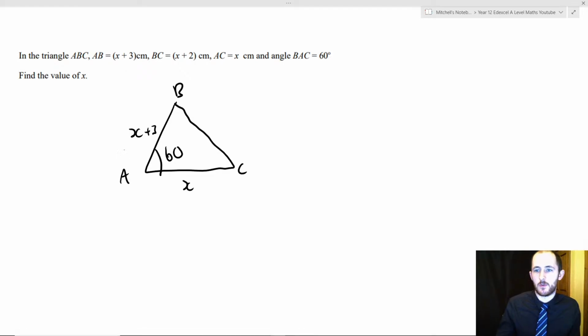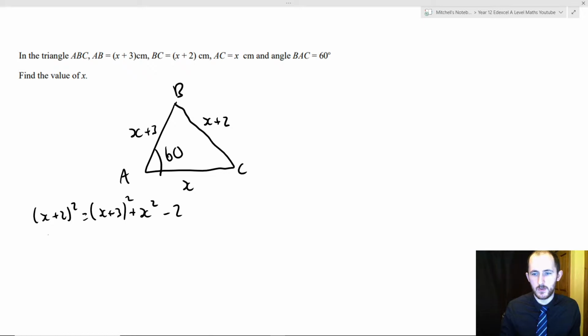Oh, I actually forgot one of the other sides. All you need to do is use the cosine rule. Easy, right? So the cosine rule says that the opposite side squared, so let's do that. (x + 2) squared will equal the other side, so in this case (x + 3) squared plus x squared minus 2 times x times (x + 3) times cos